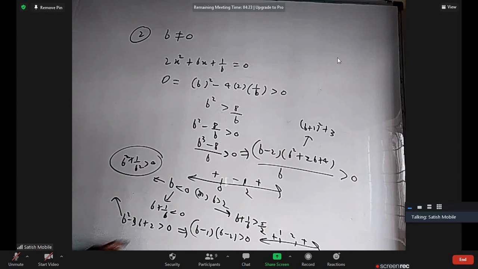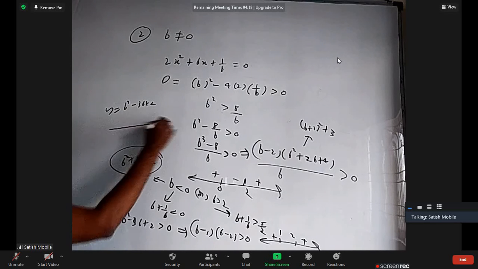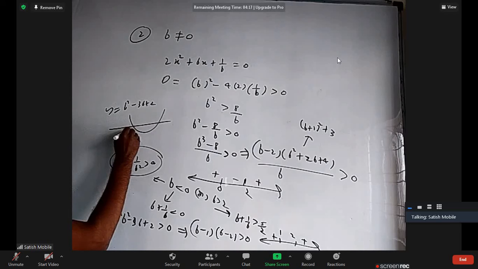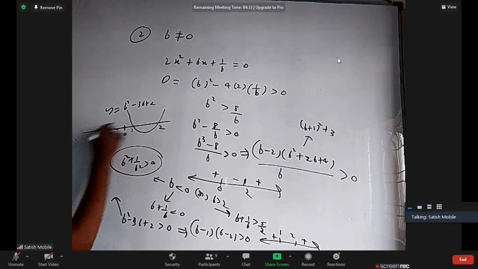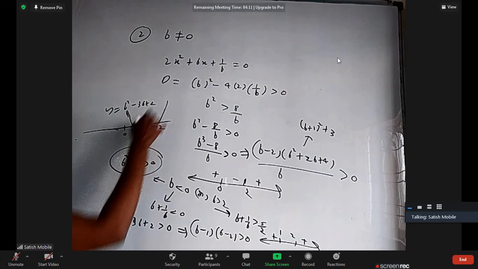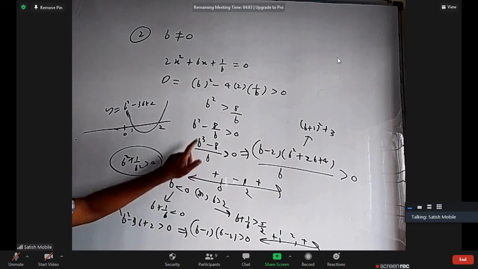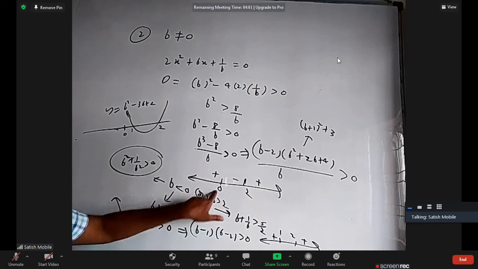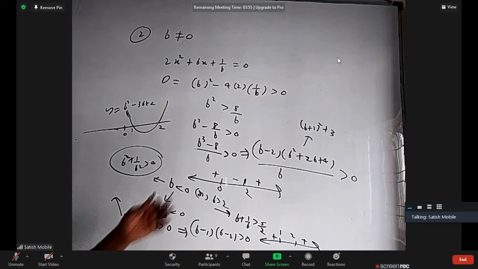If somebody wants the graph of y equal to b square minus 3b plus 2, it will be like this. This is 1 and this is 2. But we want only between minus infinity to 0, where it is positive. After 2, it is positive. So fine, no problem. Minus infinity to 0 and 2 to infinity, it is positive only. So mainly you have to understand our b belongs to minus infinity to 0 union 2 to infinity, and in that interval, this is greater than 0. Other options are not satisfied.